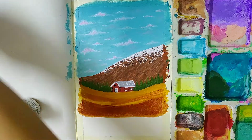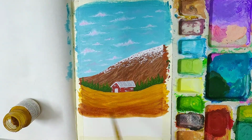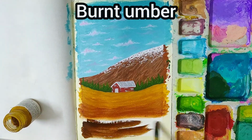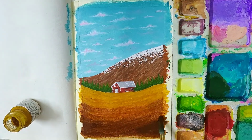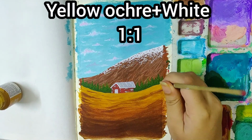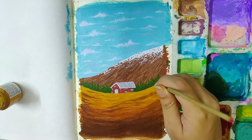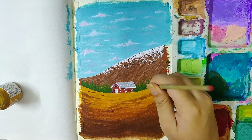Also added some light strokes to the yellow area. If the stroke is too prominent, you can blend it with a little amount of water. For the last area, I used burnt umber and once again added some strokes to the lighter areas. On the yellow ochre area, I'm adding some crops using a mixture of yellow ochre and white,